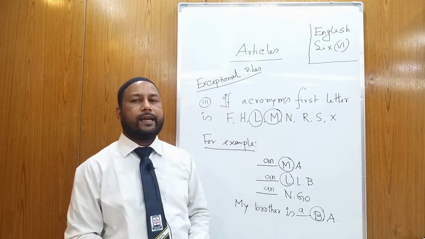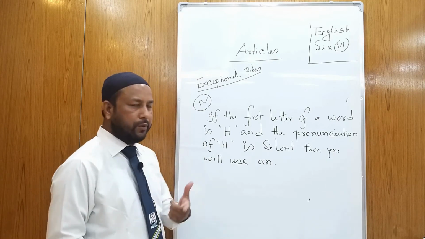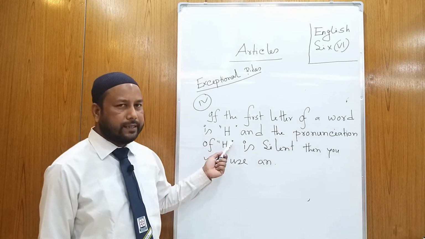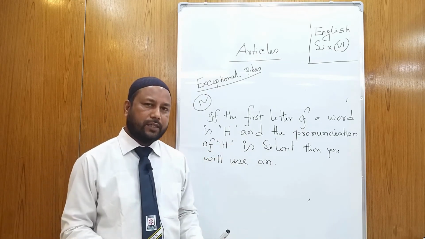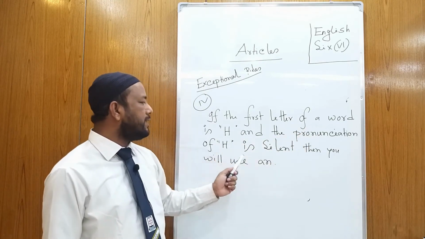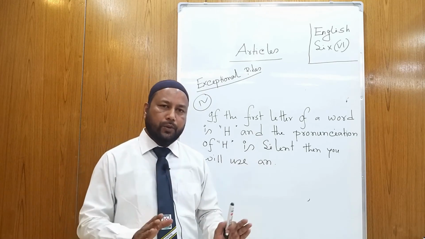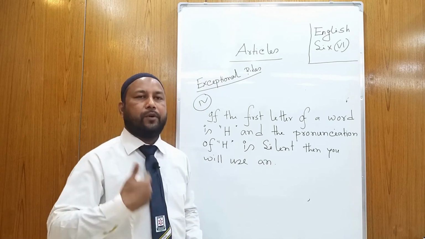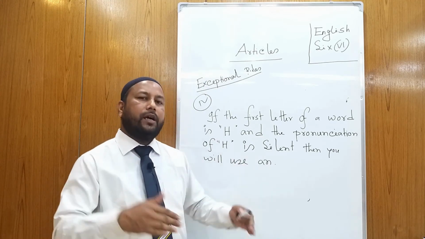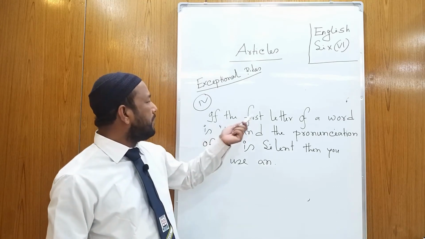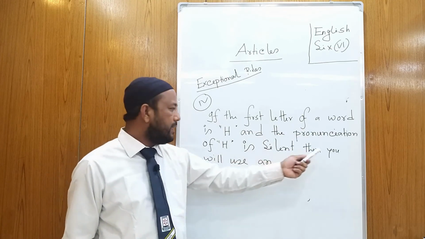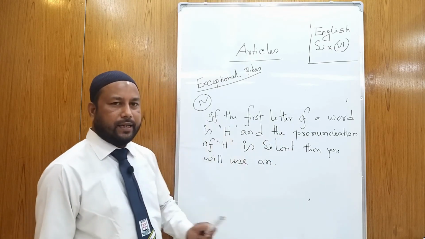Now we will move to exceptional rule 4. In this rule, you can see if the first letter of a word is H, that means any word that starts with H, and the pronunciation of H is silent. That means we write the word, but when we pronounce it, we keep the H silent. And here is an example. I think it is clear to all. If the first letter of a word is H and the pronunciation of H is silent, then you will use "an". For example,